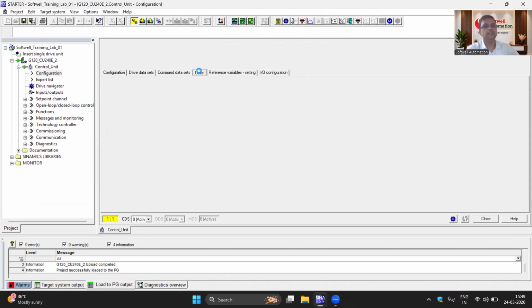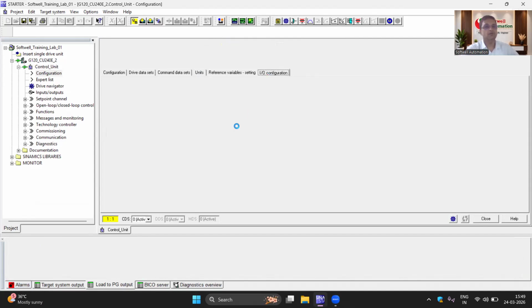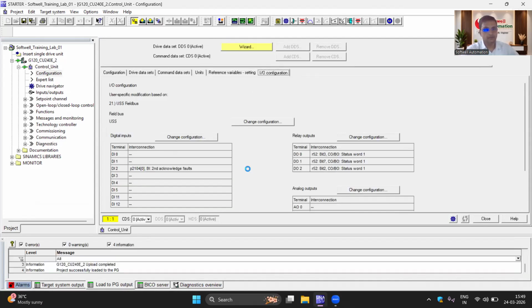And then after that, units. As per our Indian practice, SI units standard. And last one is the very important IO configuration. It means related to the wiring diagram as per the macro number, macro unit number. Okay, so this is your first step. Go online and read each and every detail.